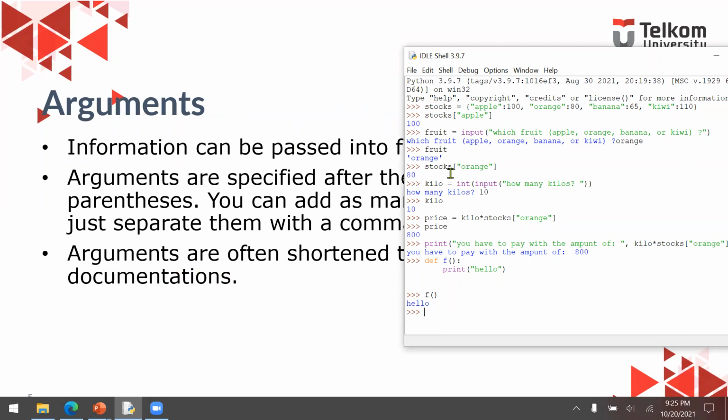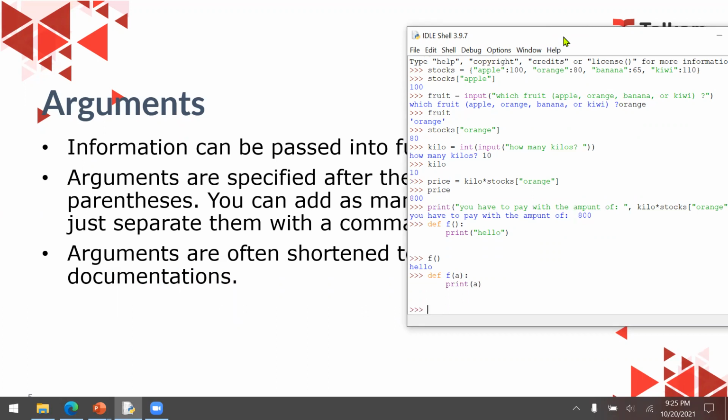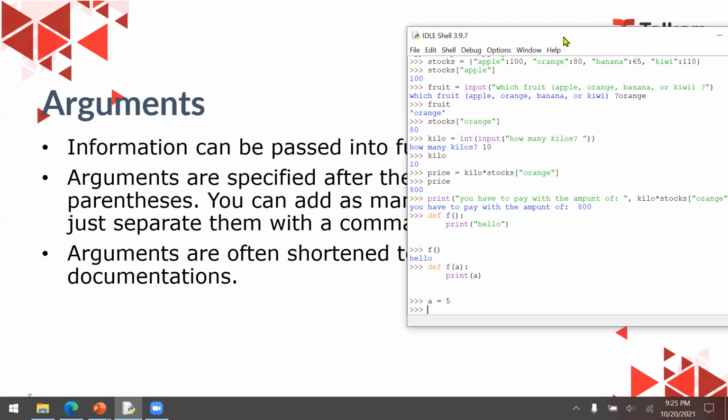And then usually a function needs an argument or parameter. For example, def f and then a, and then print a. Now let's say I have a equal to 5. Well, it's actually not equal to 5, but a has a value of 5.